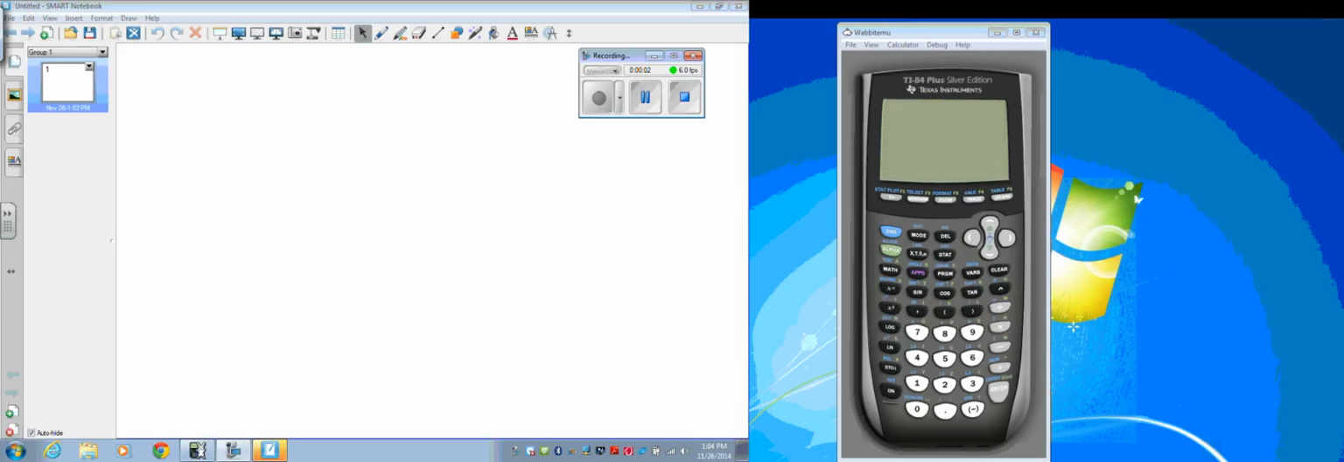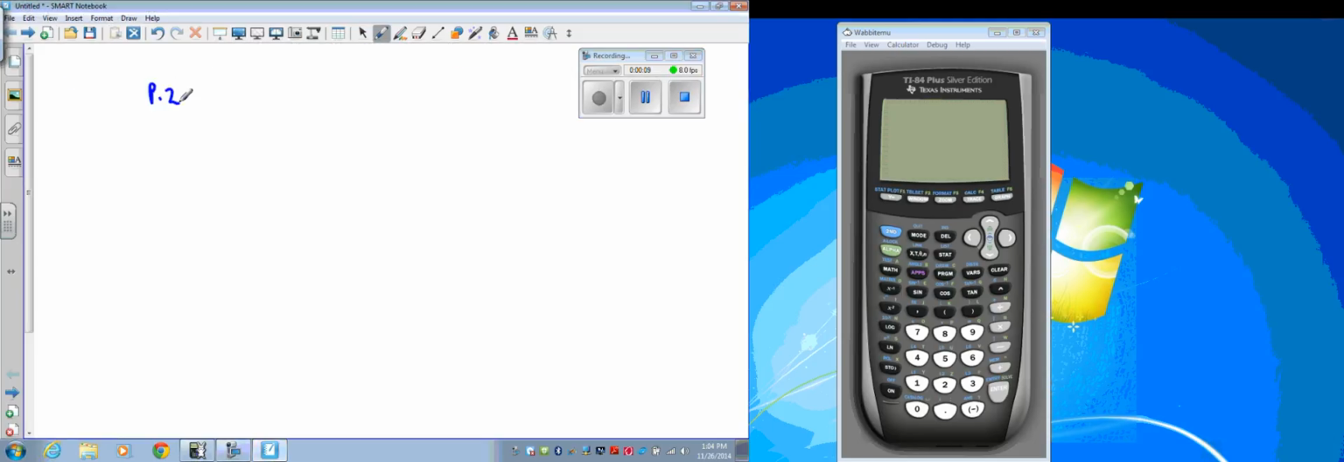All right, I think on page 278, I'm going to look at problems starting at 11 through 22. Now they want the solutions on the interval